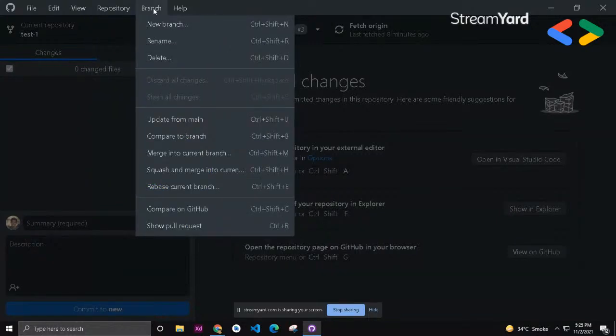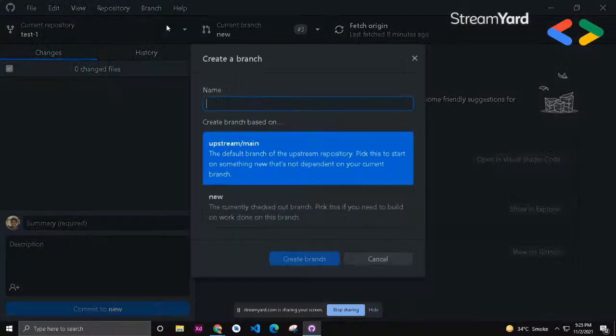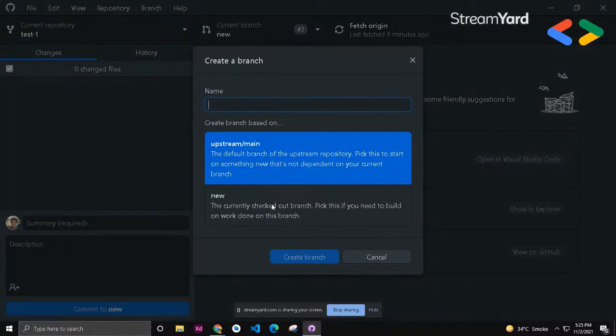Then the other thing we have is branches. As I said in the previous section, whenever we create a new pull request, we create new branches. So let's suppose you wanted to create new branches, you can create them directly from here. You just have to click new branch, and it will provide you two different options. Whether you wanted to create the branch